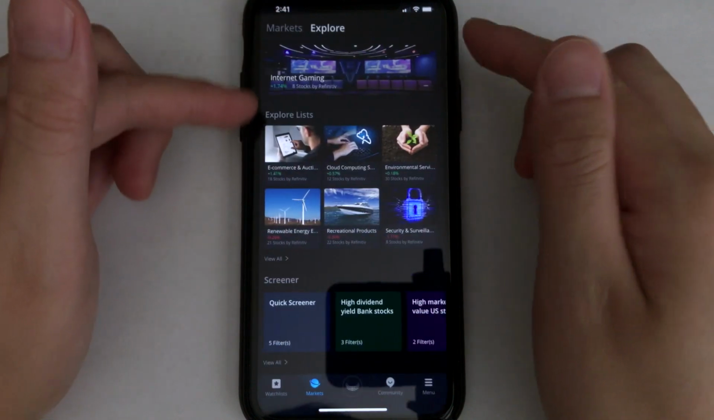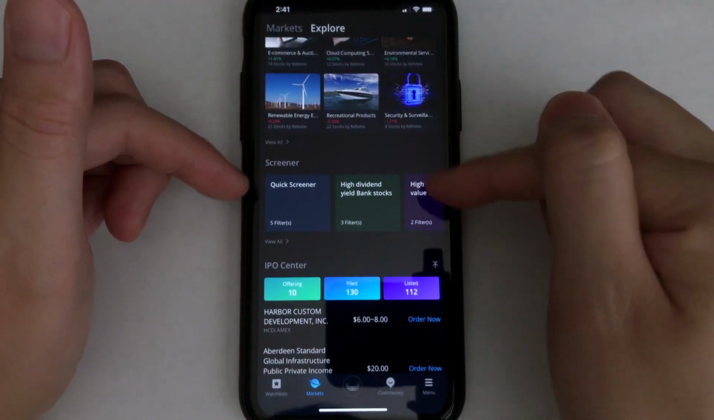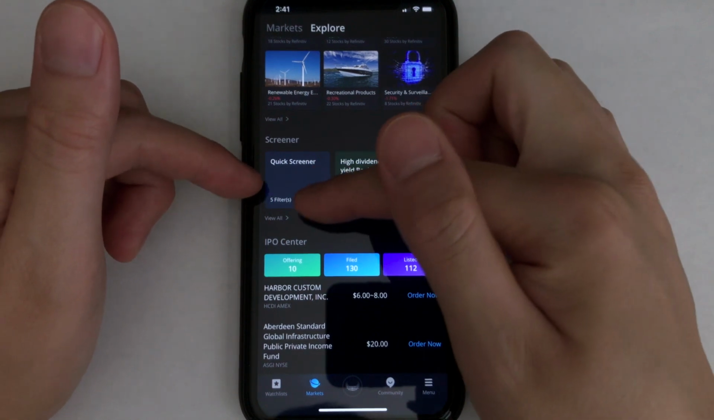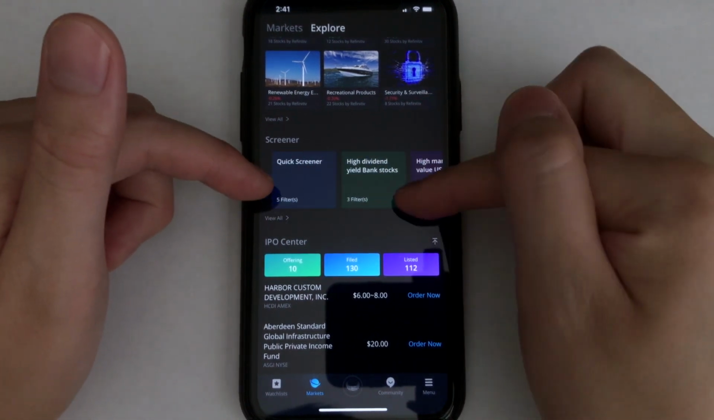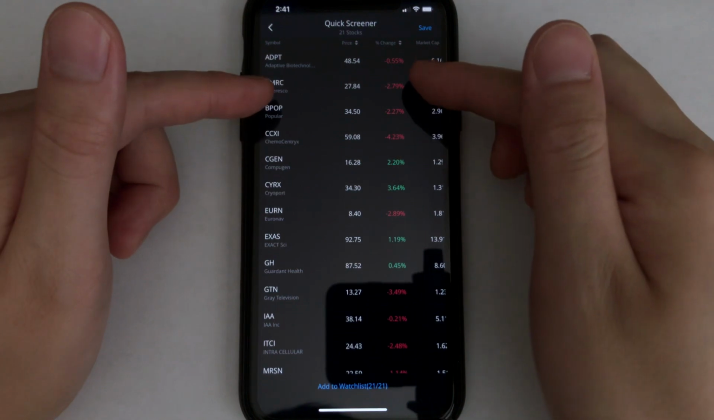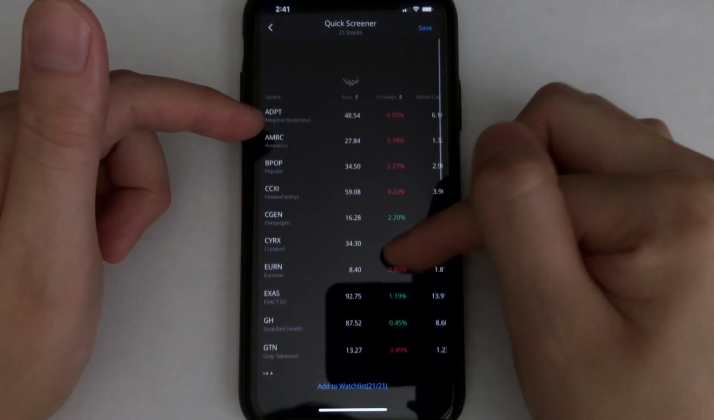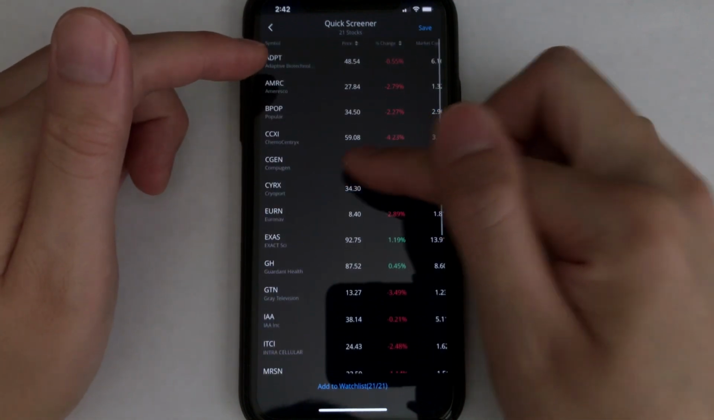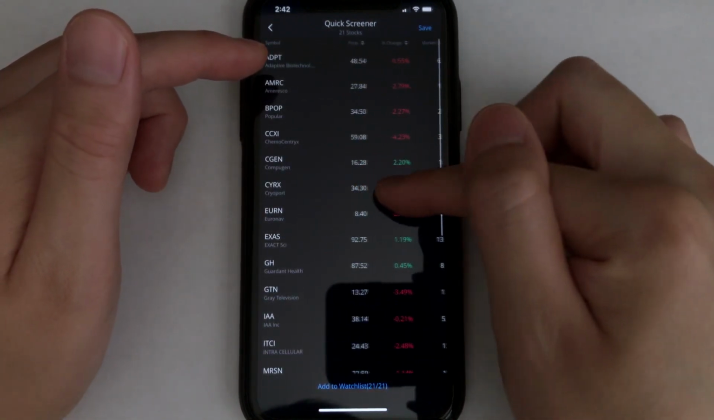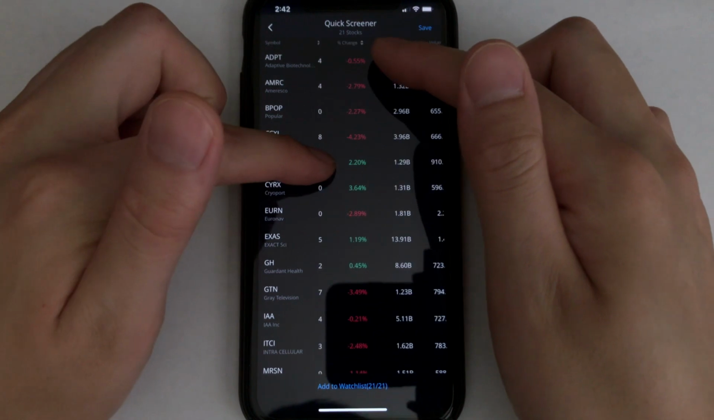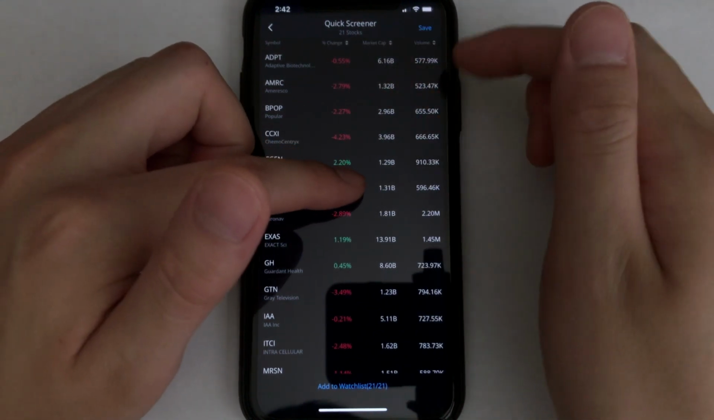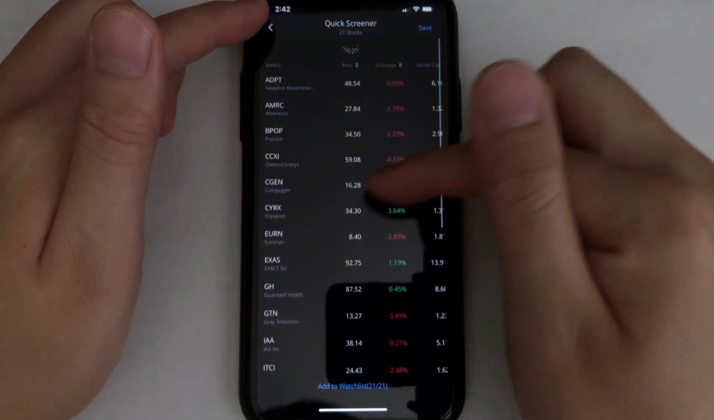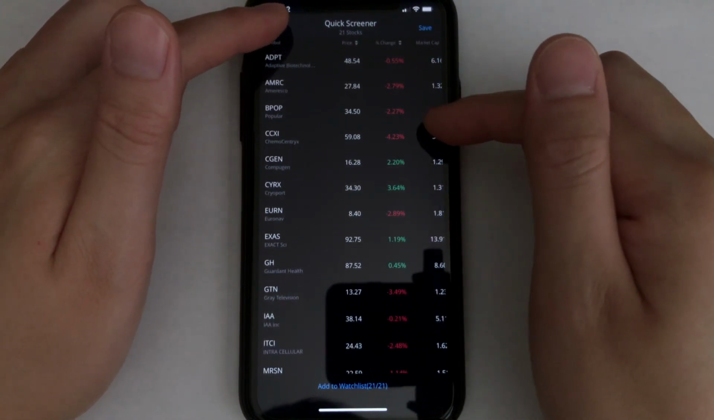If I back it up, you have your screeners. This one is your quick screener, which has 5 filters. It doesn't show you much about the filters. If I click quick screeners, it doesn't show you which filters they have. Basically the price, percent change, the market cap, and volume. That's only 4. I'm not sure which other one they have right up here. Probably one of the index